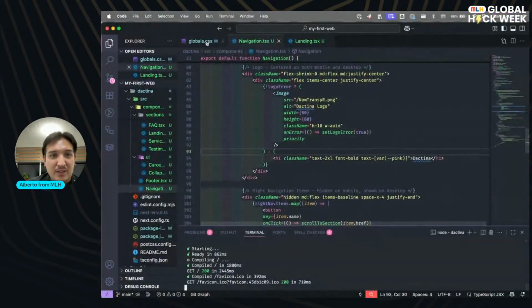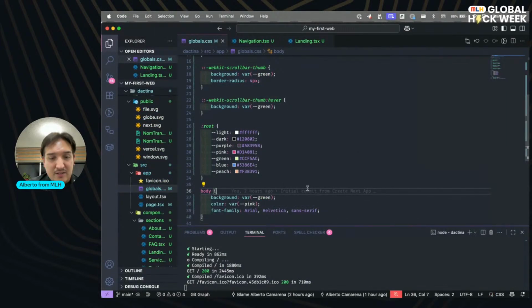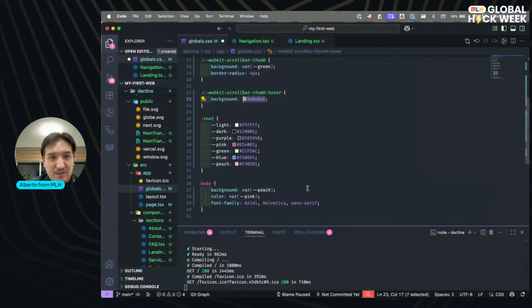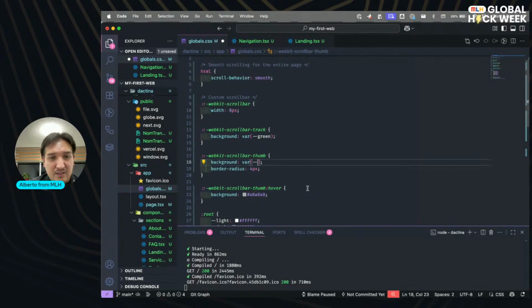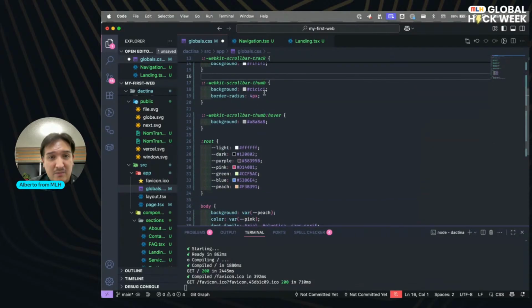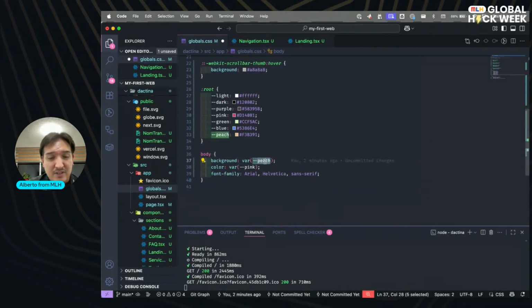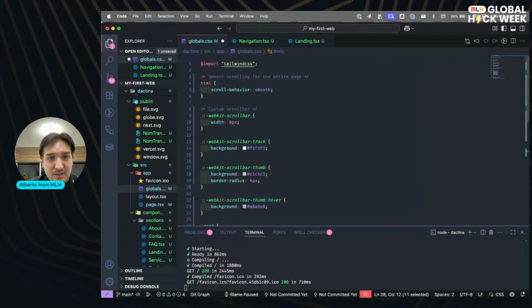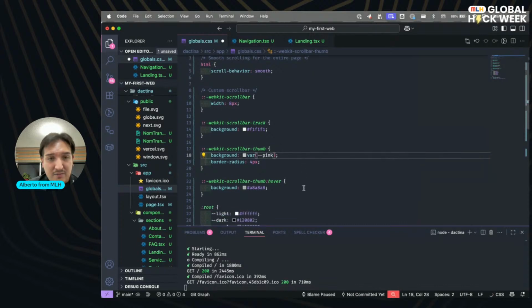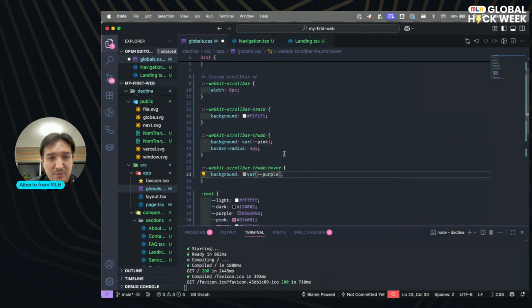Okay, that was funny. Scroll nav to... Let's keep it blank. Maybe this yes will be green, and these yes could be pink and purple.